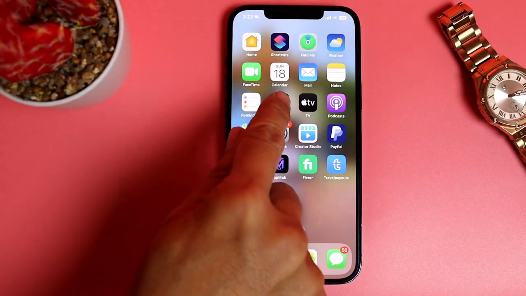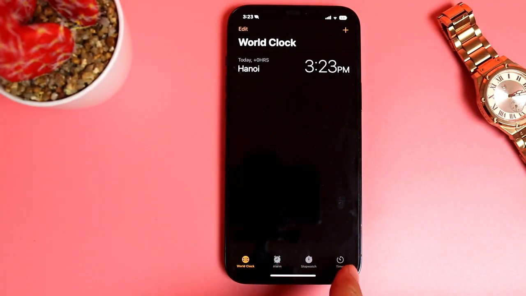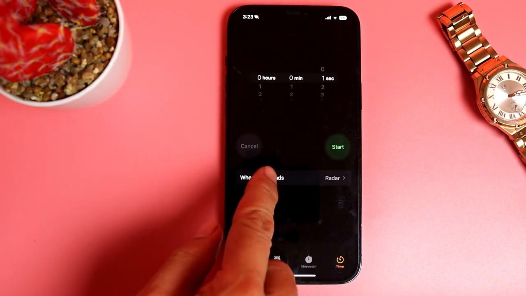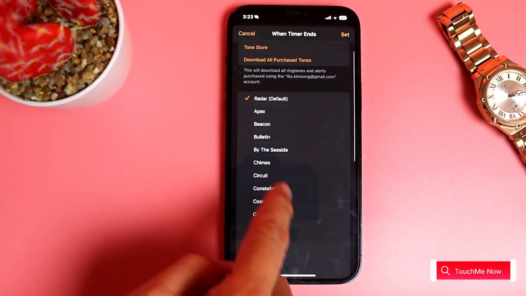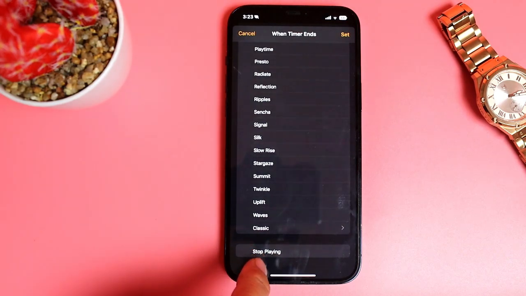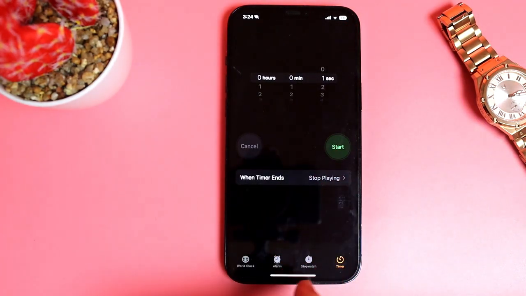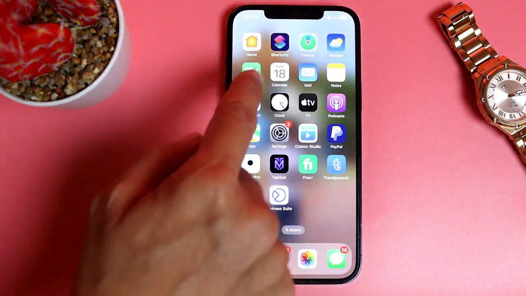We go to the Clock app and go to Timer, click "When Timer Ends" and select "Stop Playing" and set it, and go to the Shortcuts app